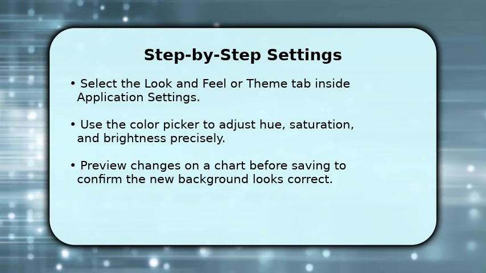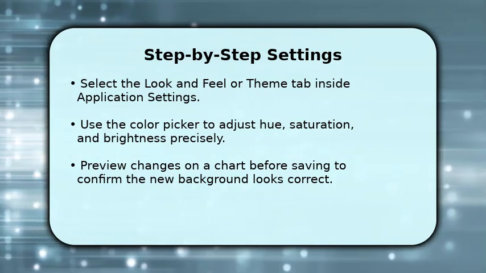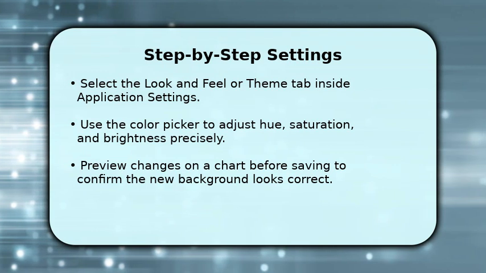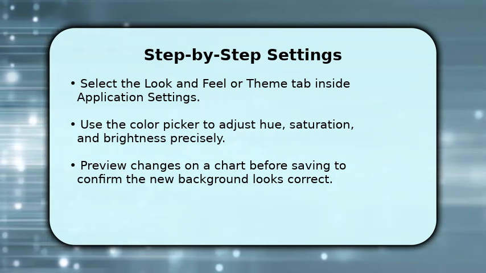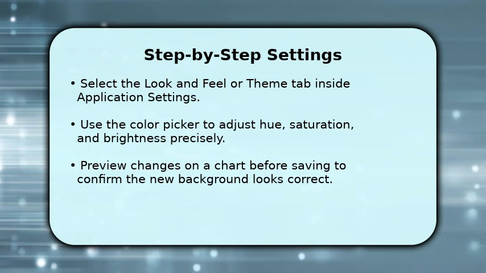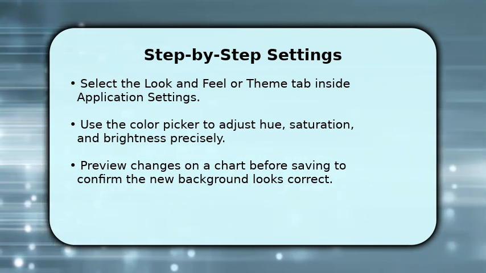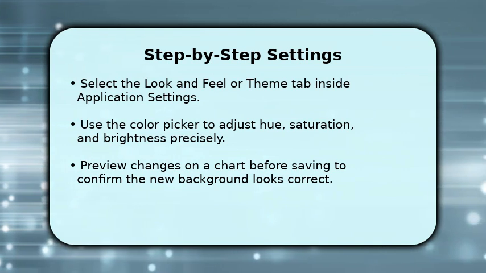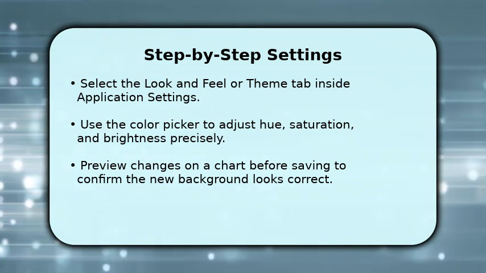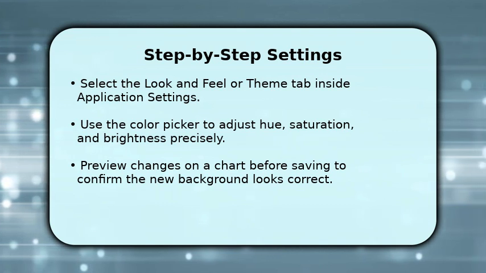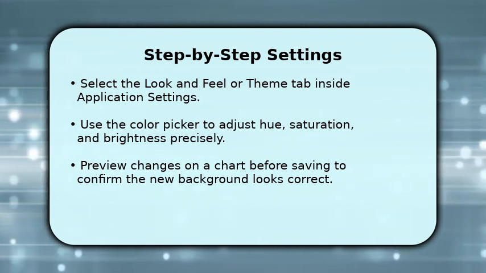Accessing the precise controls makes this simple and satisfying. Open Application Settings, then the Look and Feel or Theme tab to see presets and custom options. Click each element like chart background, grid lines, and axis labels to use the color picker and fine-tune hue, saturation, and brightness. Use the preview area to confirm your choices, then save the theme so your custom background is preserved